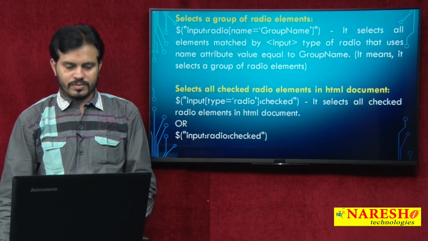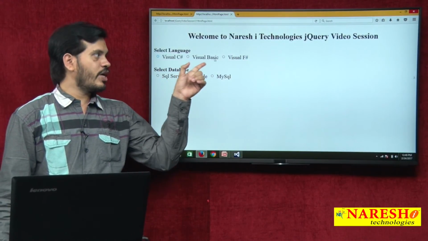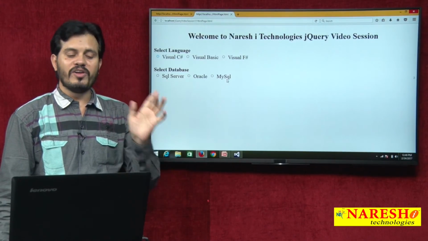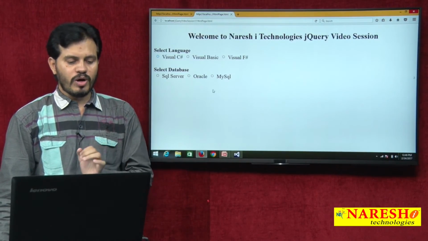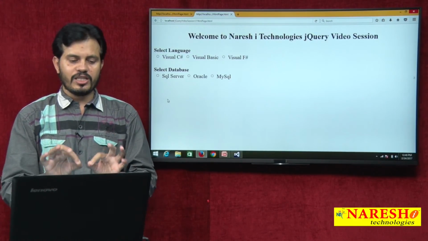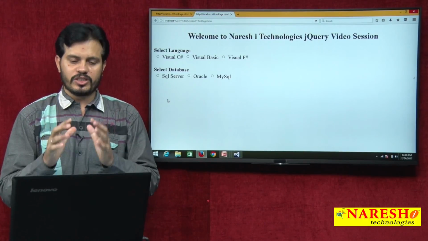So what do I do for that? I just come to development. Here is anyone by default checked? No one is by default checked. I just want to take one button down, one button. And if I click on the button, I want to know how many radio elements are checked till now in